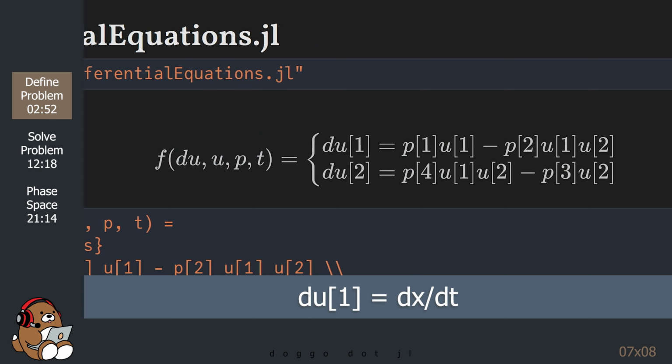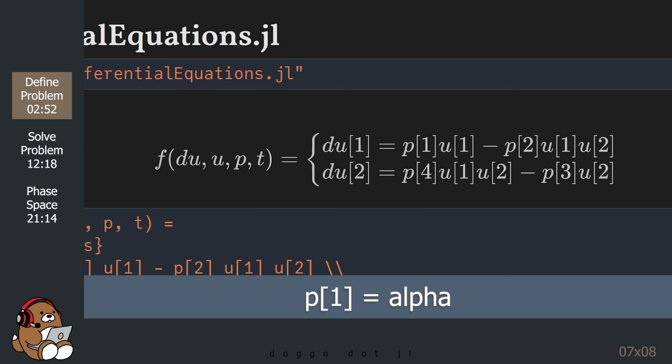So in this example, du1 is the same as dx/dt, and du2 is the same as dy/dt. Similarly, u1 is the same as x, and u2 is the same as y. The parameters are a little confusing because I'm numbering the parameters following the sequence of the first four letters of the Greek alphabet, which is alpha, beta, gamma, delta.